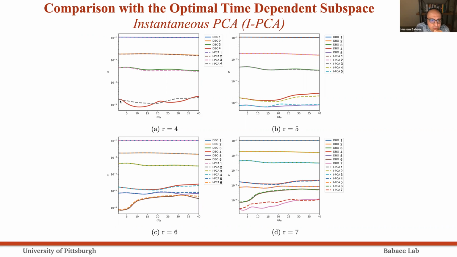So we are not able to capture the last modes, which is always the case. You want to capture this one, you need to add another mode. And when you add another mode, you also capture this one well. So this is with R equal to 5. And you even improve the accuracy in the 3rd mode. So you can see here. And if you go to R equal 6, you improve even further, and R equal to 7.